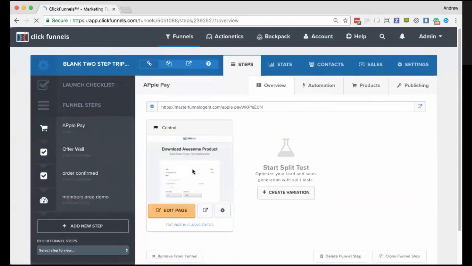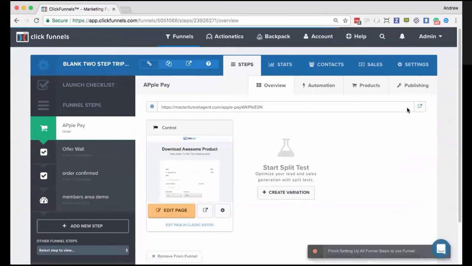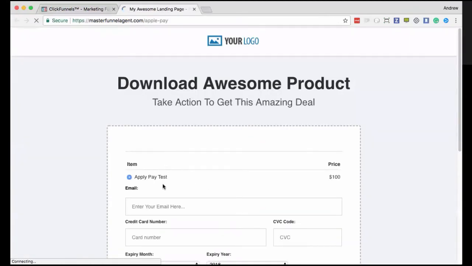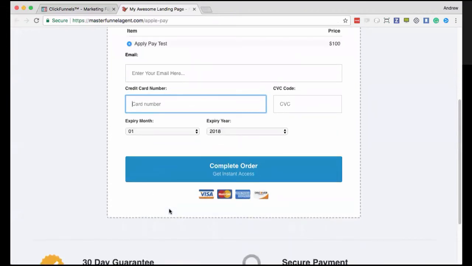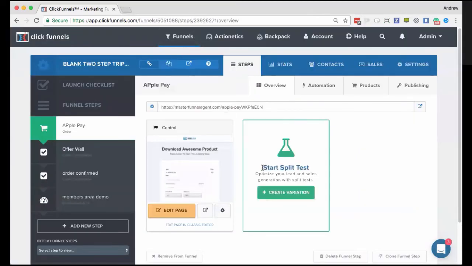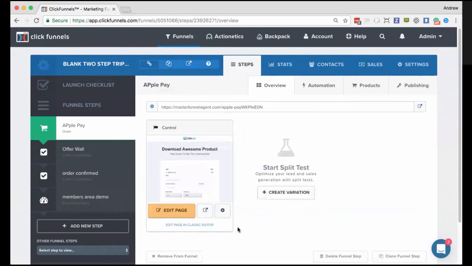So for example, if we were using this order page, this particular order page has a regular credit card entry field. If we wanted a person to have the option of PayPal, we could put a button on here that says checkout with PayPal. They click on that. And then just like any other site that uses PayPal as a payment processor, you're taken off-site to PayPal's ordering screen where you enter your PayPal payment details or a credit card. And then you are redirected back to the funnel.